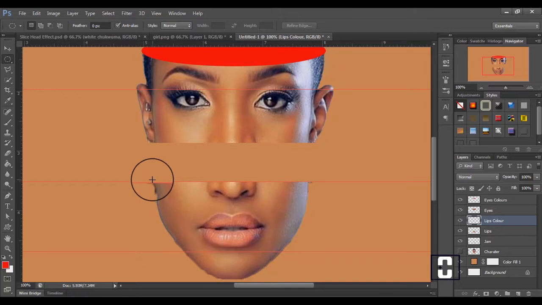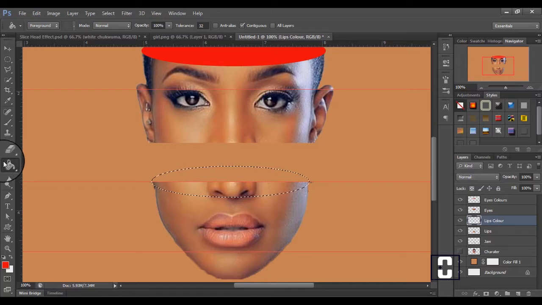Start from here and just sample it up to this point. So what I'm going to be doing at this point is the same thing, get my paint bucket, click here